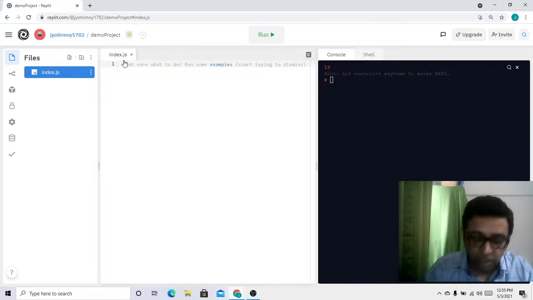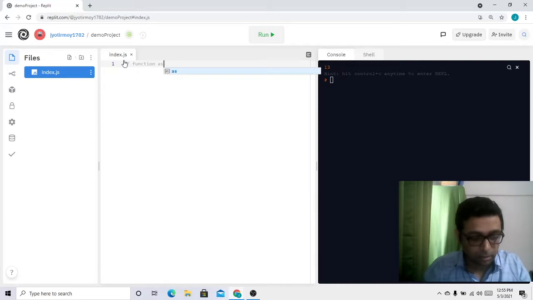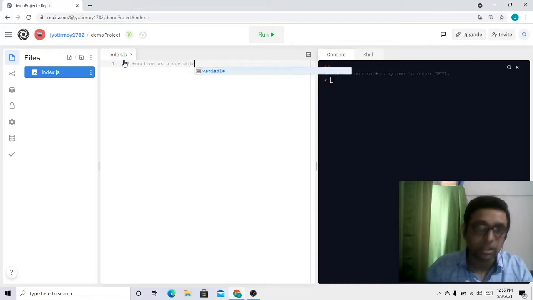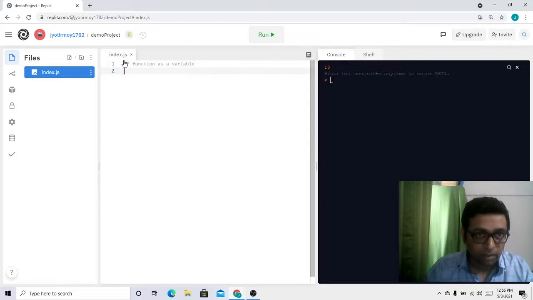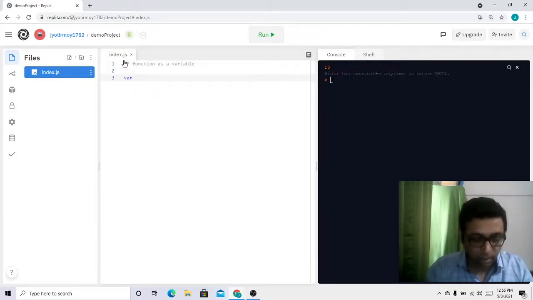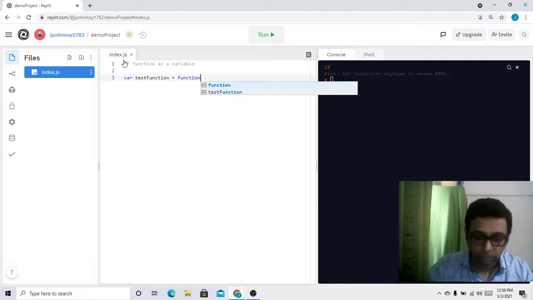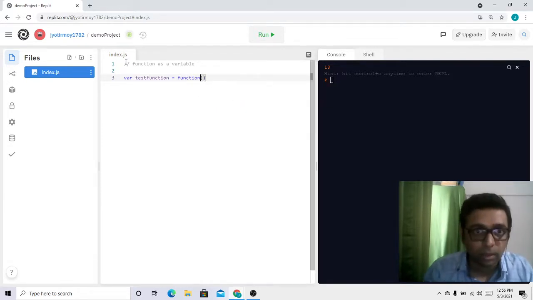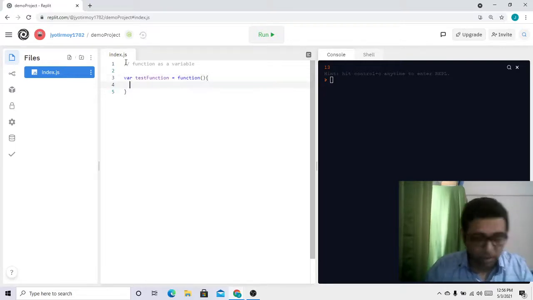Now there are variations of functions. This is like a function as a variable. We can declare a function as a variable as well. For example, var test function equals function. In this case we don't give a name in between the function and the round brackets. So console.log hello world,